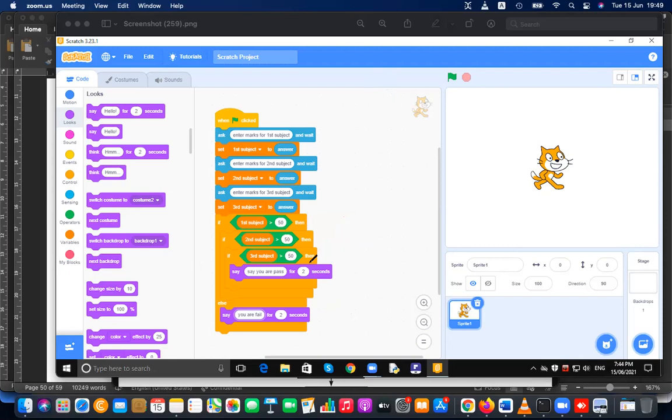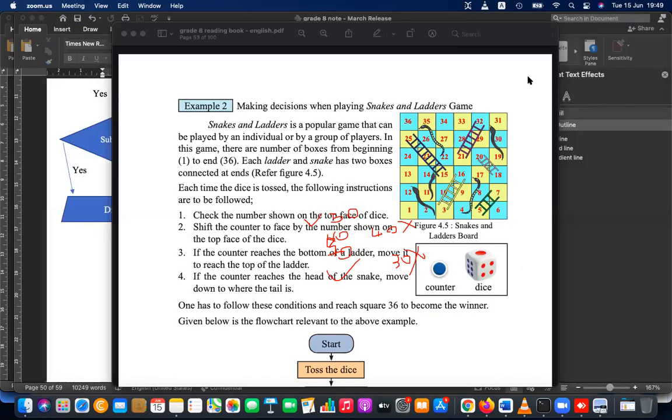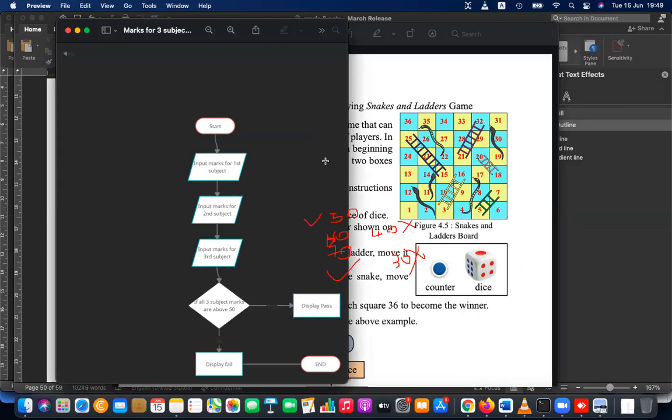Okay, let's say something like this. This is only okay for that situation. If the subject mark is greater than 50, let's say you got 50, then 60 and 70, then it will display pass for sure. That is okay. But if you get 50, then the second subject 40, the program stops. This is wrong. If you get 50, second subject 60, third subject 30, again the program stops. You have to use if and else both, right? That is my point. Okay, let's say another one I got. This is the program.